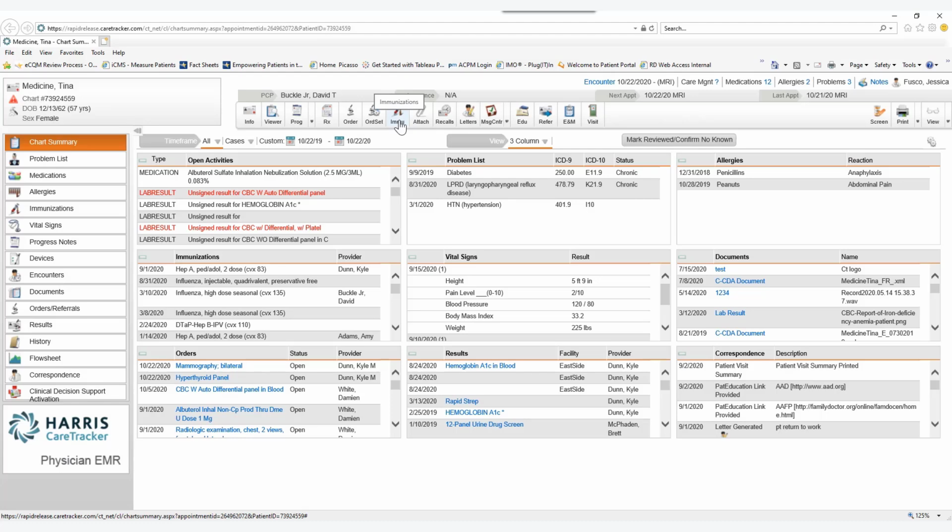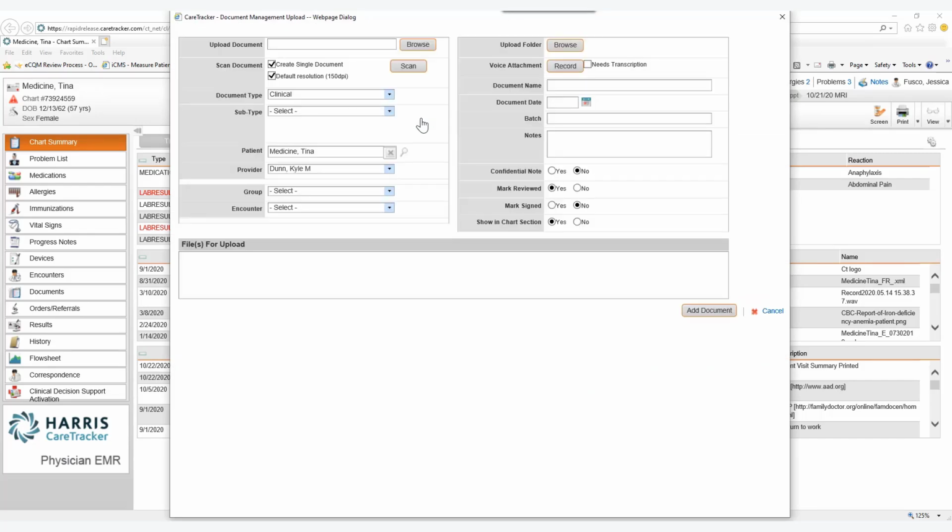Moving on from the immunizations, we're going to go into attachments or documents. This is another word for documents. So in Care Tracker, there are a couple of different places where you can upload documents to a patient. There's one part of the PM system where you can upload their license, their health insurance cards. There's also a couple of places inside the clinical part of Care Tracker where you are able to upload documents